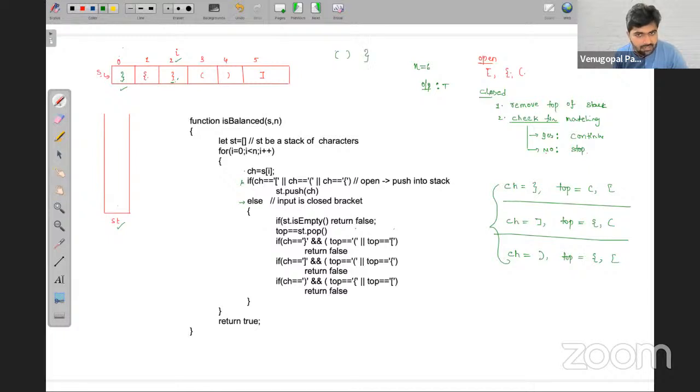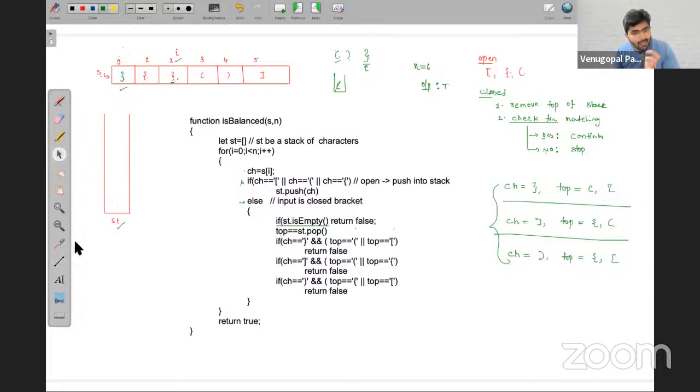In such a case it is not balanced either, because the first is pushed, the next is popped off, but from the third element a closed bracket starts again, and by that time the stack is empty. Therefore, before doing the pop operation, we should always check whether the stack is empty or not, meaning whether it contains some elements. If my stack is not containing anything, then our story is over here. It won't go further.